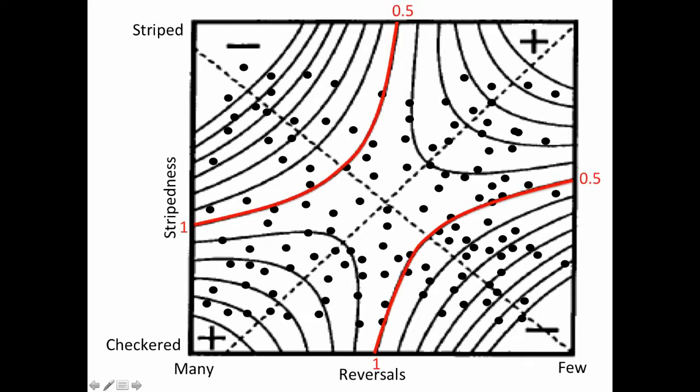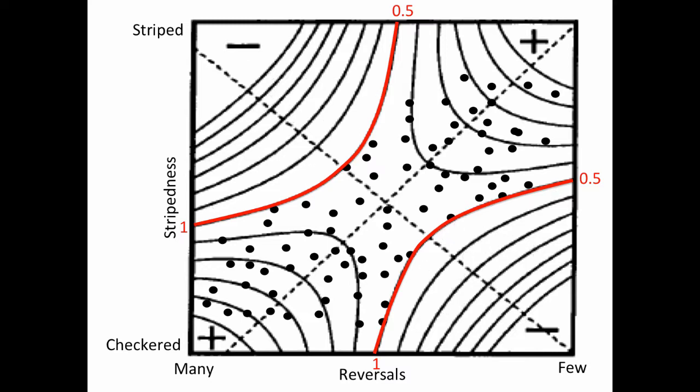Well, imagine that there is a fitness line here of 0.5 fitness, and to the upper left and lower right of this is lower fitness, and to the upper right and lower left is higher fitness. What happens over time is everybody in the low fitness range tends to go bye-bye because they tend to get caught and eaten by predators. And so you lose those individuals from the population, and in reality, in the end, you'll lose these individuals from the population as well. But I'm leaving them there for a moment